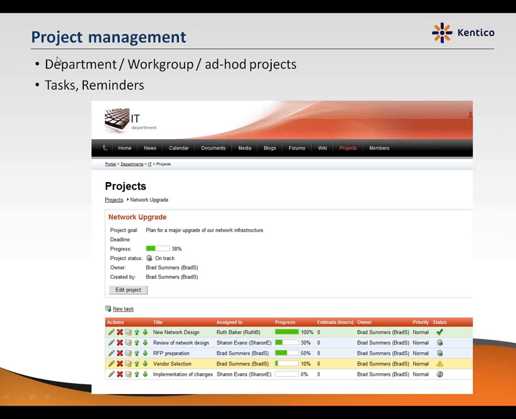The projects can be of three types. Project can be tied to a department. The project can be tied to a workgroup. And the project can be just ad hoc. Oh, sorry, there's a typo. Ad hoc project